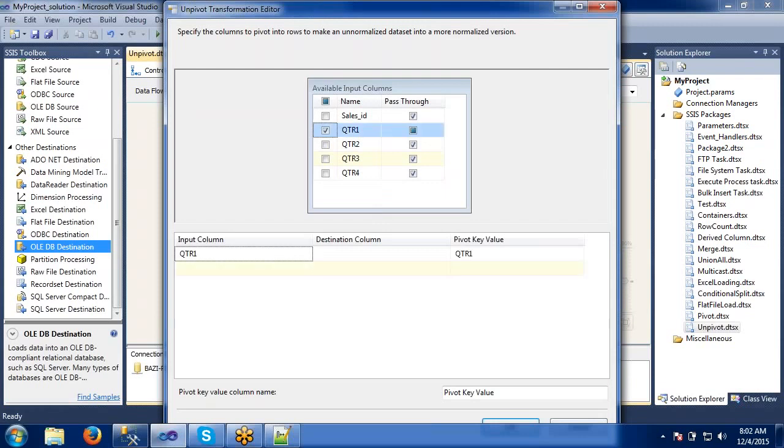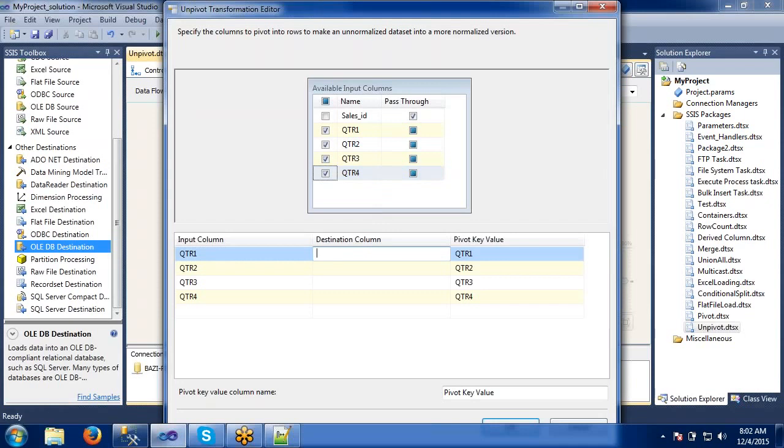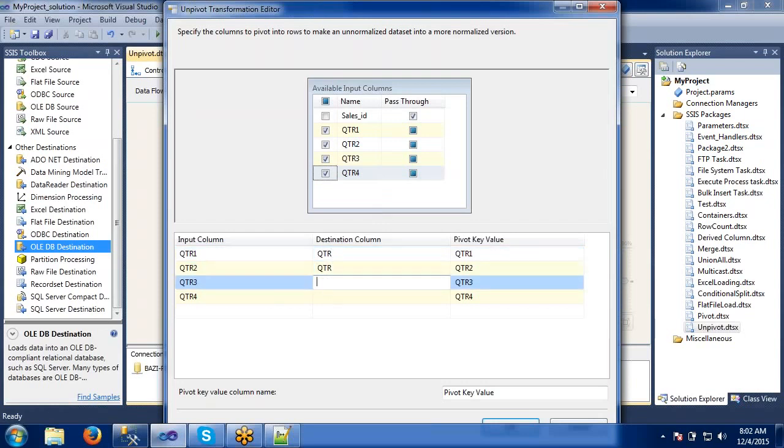Only these columns, not complete records. Only these columns we are taking care of, right? So what is our destination column here? QTR means all these are converted into a single column, right? The value should come into this one column. Previously we had 4, that's why we had given the 4.